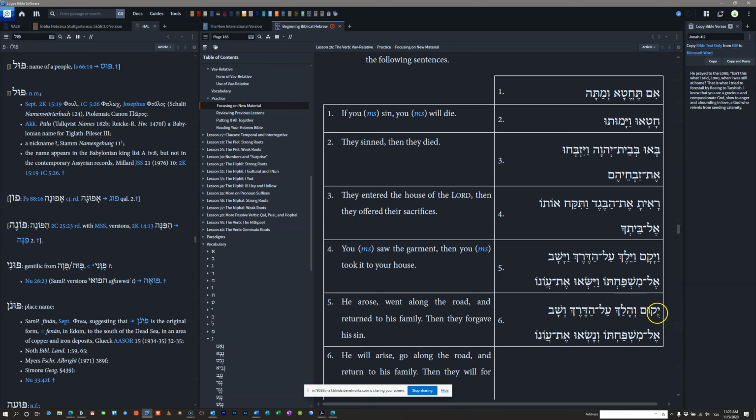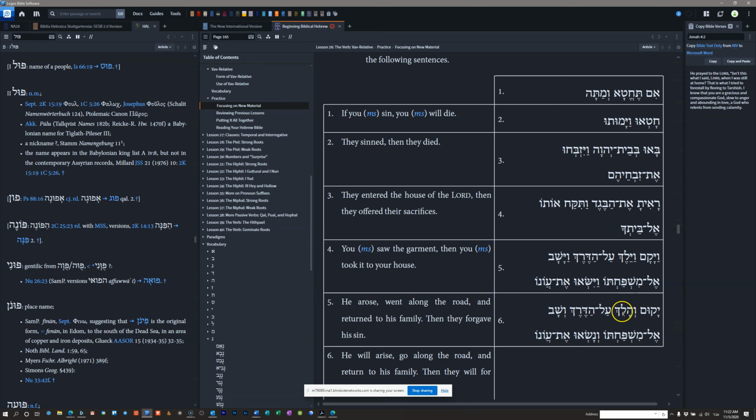That's what I'm still trying to understand. But either way, translating this through, even though you can't tell the difference in form here between the vav relative and the vav conjunction, context indicates it wouldn't make sense to say he will rise and he went. Those time conflicts don't really make sense. So it makes more sense to read this as a vav relative on a perfect, where we translate this as future as well. He will arise and he will go